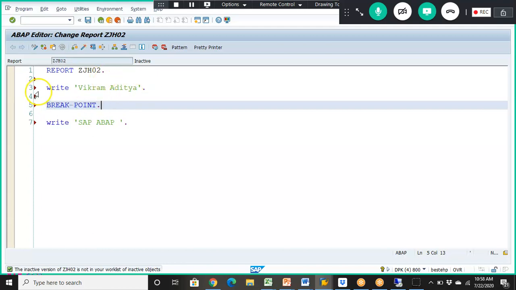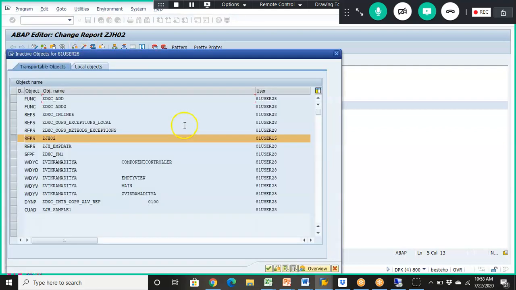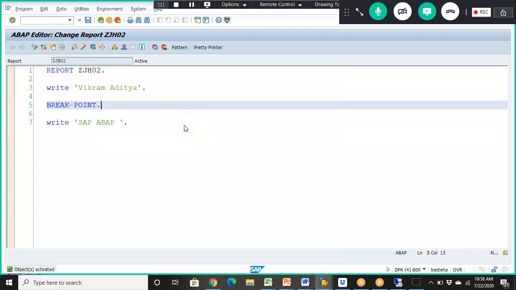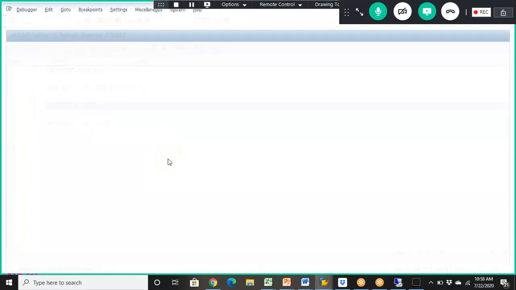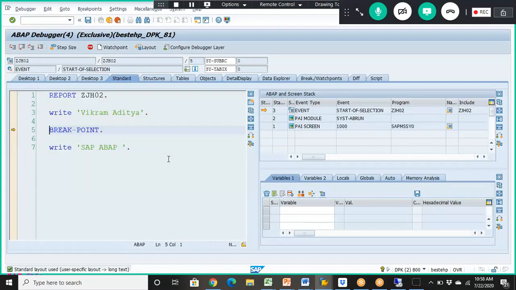Now what will happen, this will get executed, and even if you're not setting any breakpoints, this is a hard coded breakpoint. So hard coded breakpoints also sometimes might be there in programs. We can't say. In general programs it will not be there. Somebody might have kept it for some reason. So if you execute this, it will come and stop.